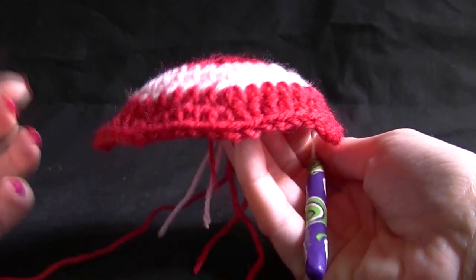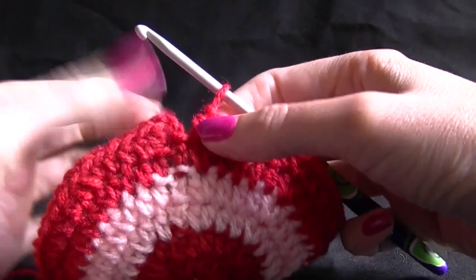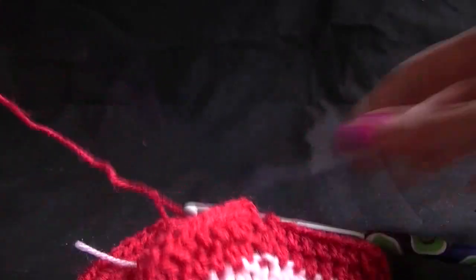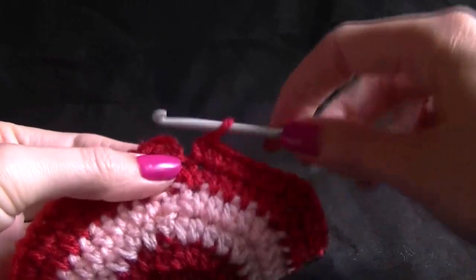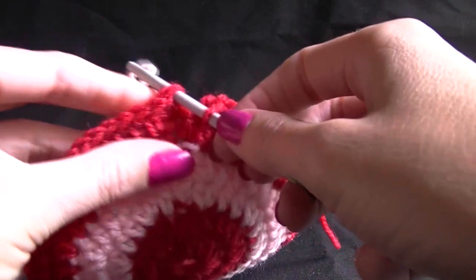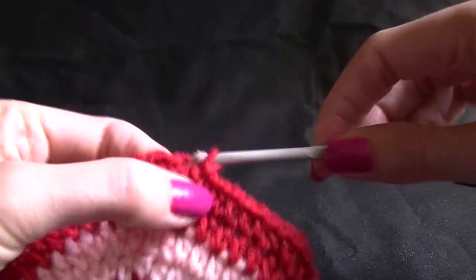Okay, so your beanie should start to be curving around now, and we are at the end, so we need to join our rows. But we've done 2, so it's time to change our colours. So snip, just looping it over. First of all, we need to do our slip stitch. So slip stitch into the top of the chain 2, hooking our yarn, pulling it through both of those loops,